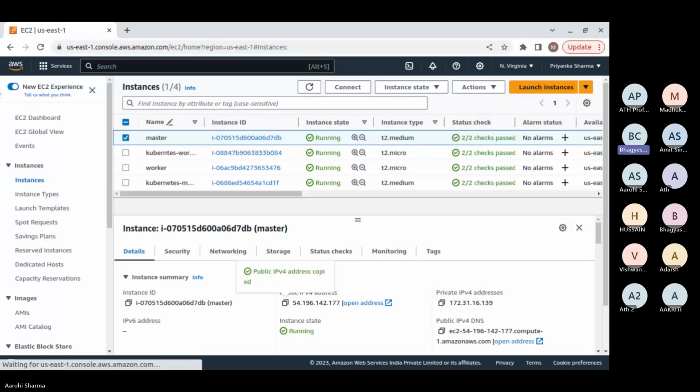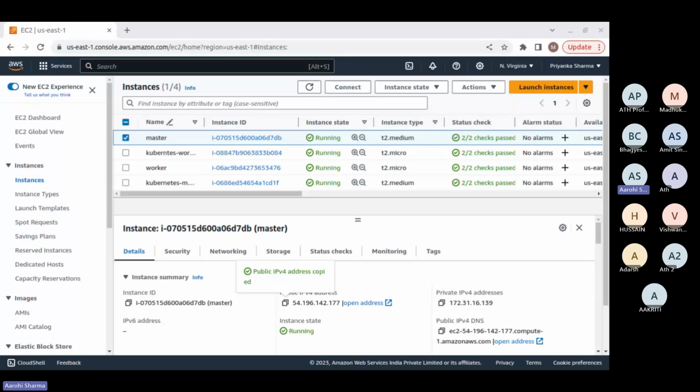Okay guys, I'll show you one thing. Firstly, I'm going to do the SSH. Thanks, Bhagyesh. Just try to grab these things, and if you are getting any kind of issues, let me know after the session so I can brief you more. The main thing we are going to do is launch two CentOS machines, install Ansible, and through an Ansible playbook on these two machines, install the Kubernetes cluster.